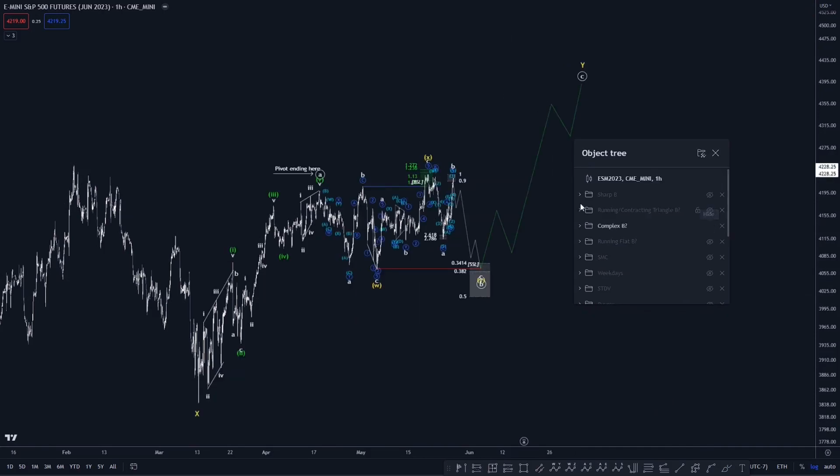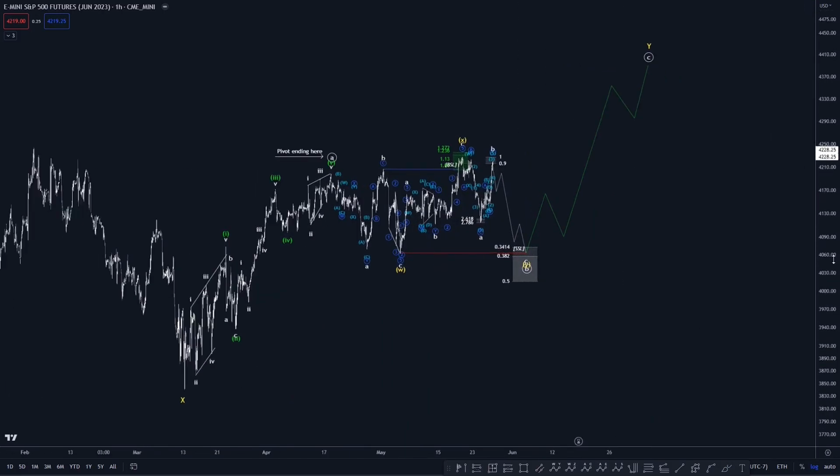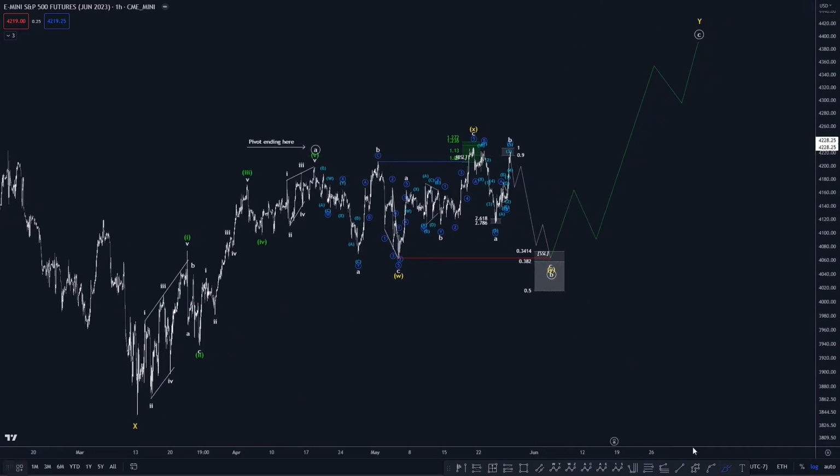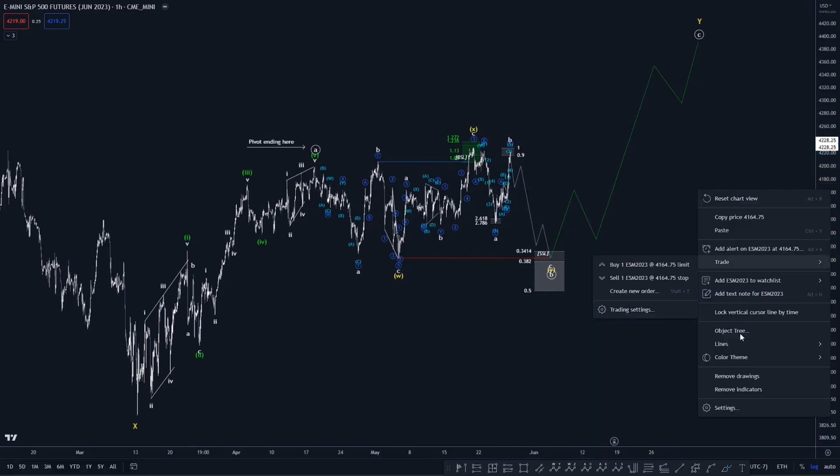Next, there's potential that this is a more complex wave B, meaning this is still an A, B, C for W. This is an A, B, C for an X. And then this is an A, B, C for Y. So the difference between this count